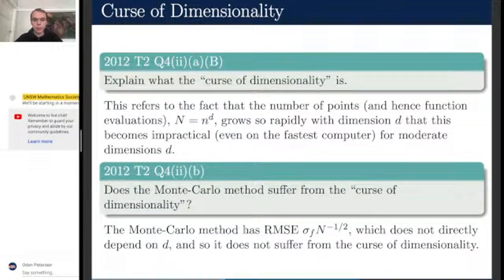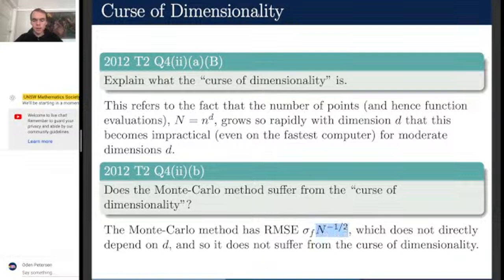And so if we look at the root mean square error of the Monte Carlo method, it's a constant that I guess depends only on the structure of the function. And then it's proportional to n to the minus a half. So there's this 1 on square root of n. And this expression here for the root mean square error has no dependence on d. And so we can sort of say that it only depends on this feature of the function, which is called the variation of the function,